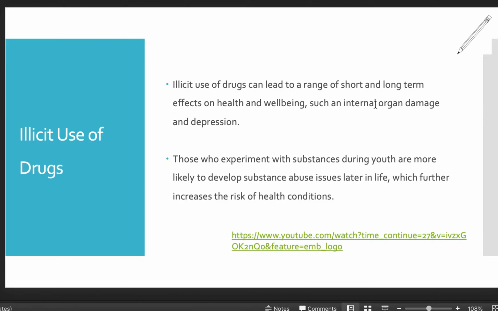Those people who do choose to experiment with substances during youth are more likely to develop a substance abuse issue later in life, and this can further increase the risk of health conditions. Now, when we talk about experimentation, peer pressure, the want to find out what's going on, there's a range of different issues and reasons as to why somebody might experiment with substances, in particular illicit drugs, like in this chapter here. And a big range of that is about the socio-cultural factors,